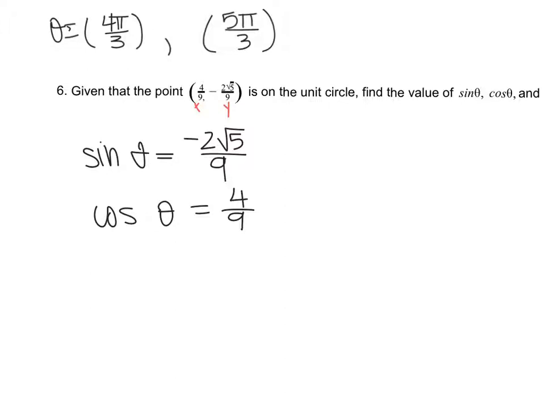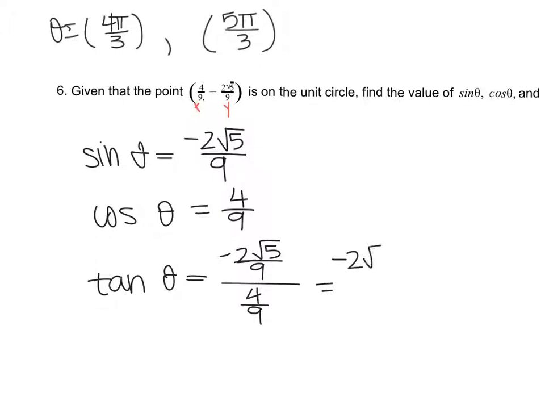And now we want to find tangent of theta. So tangent of theta is sine divided by cosine, so negative 2 square root 5 over 9 divided by 4/9, which becomes negative 2 square root 5 over 4. And then the negative 2 over 4 can simplify to give us negative square root 5 over